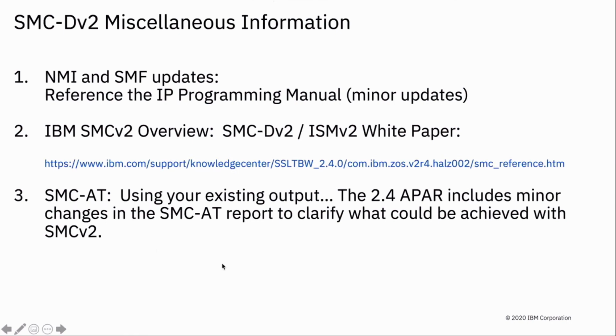And then finally, you might think about SMC-AT: how do I figure this out, because it used to tell me which ones were indirect and direct. The applicability tool allows you to find out how much your workloads can exploit this. And now this whole notion of dividing by direct or indirect is somewhat obsolete. If you have TCP connections that really meet the criteria that could benefit from optimized communication, you can fundamentally get the SMC-AT. And so we made some minor changes in the report to tweak the wording